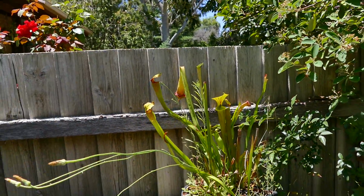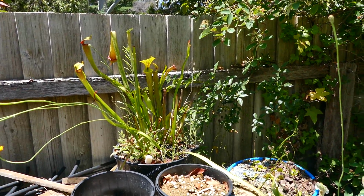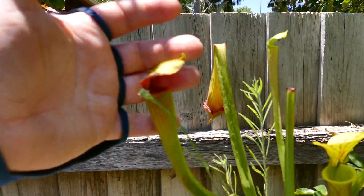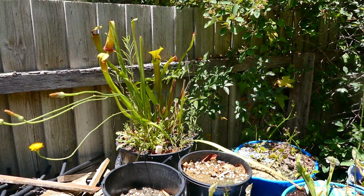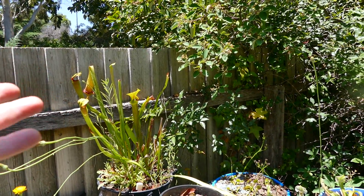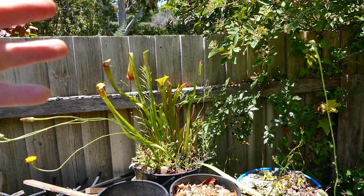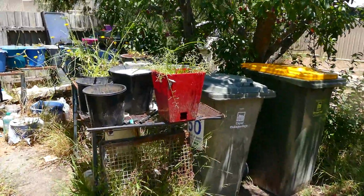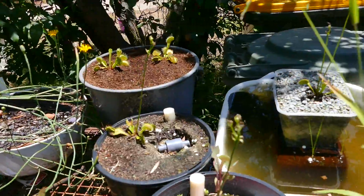Unfortunately, as I said, we had that windy day and it knocked two over, and then some bird pecked at one of them and I had to pull it off. I do like the coloration, but how come these red tubes aren't going red? Makes you wonder. I mean, Jesus, we're getting into really bright sunlight. If they haven't gone red by the third week of February and they're getting full sun over there, there's something wrong, I would say. I mean, what about the colour of the traps too, they're just sort of